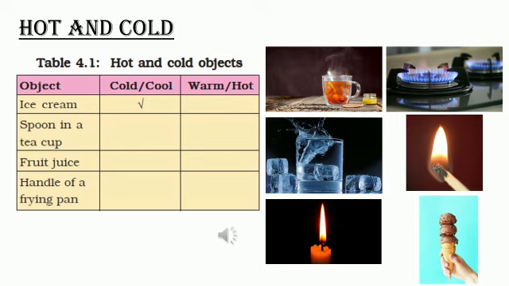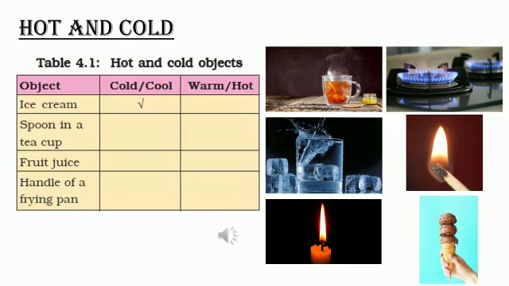Let's see the difference between hot and cold. For this, you need to fill in table 4.1, which is there in your textbook, page number 35. Okay, go through this table. In our day-to-day life, we come across a number of objects, isn't it? Some of them are very hot and some of them are too cold. If you consider a teapot, the tea will be very hot.